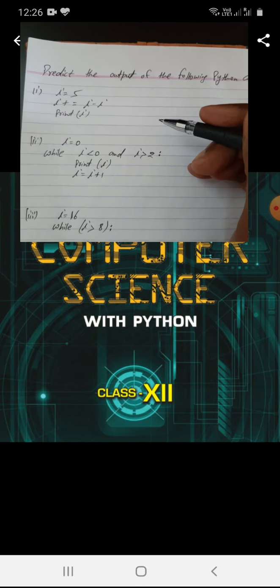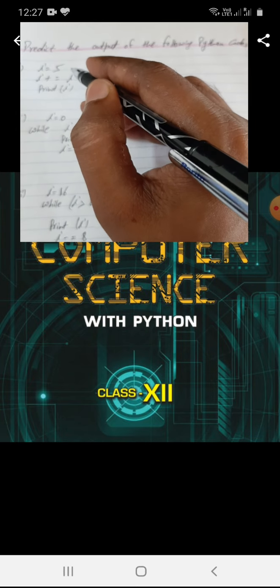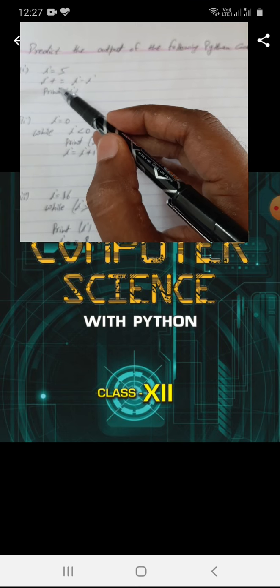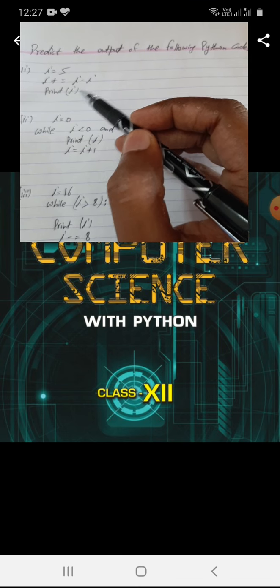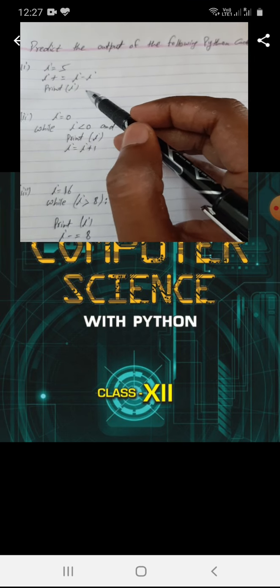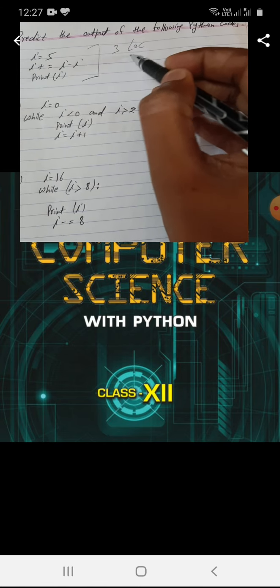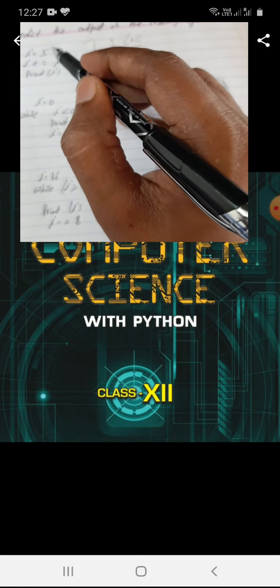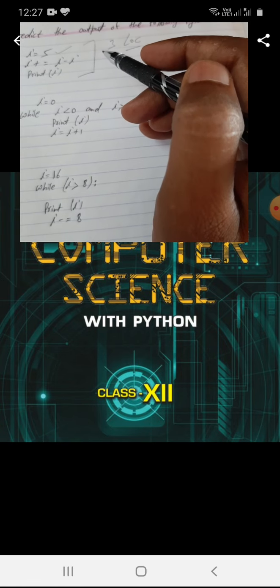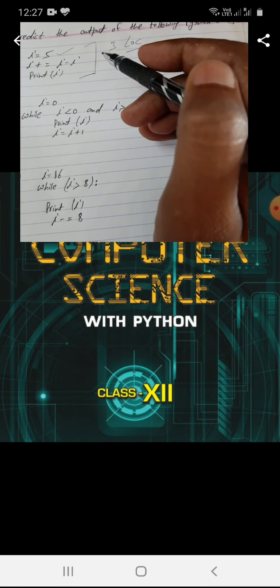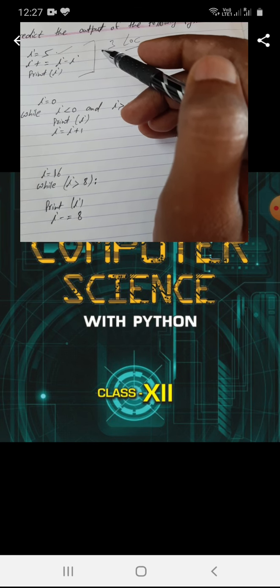The first code is i = 5, then i += i - i, and next print(i). It means in this code three lines of code are given. In the first line of code we are storing 5, which means we are assigning the value 5 to a variable i.